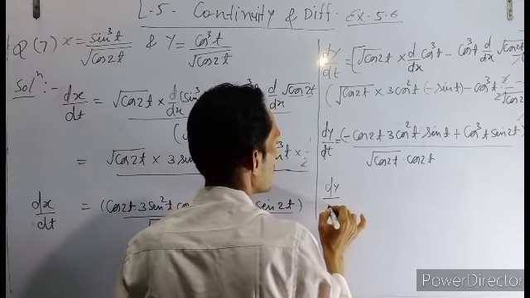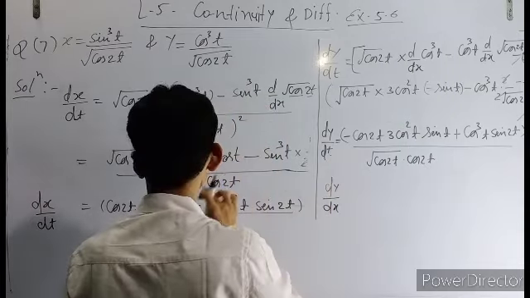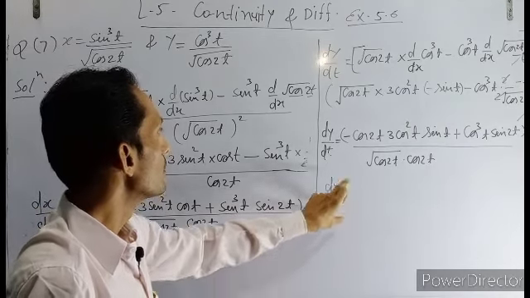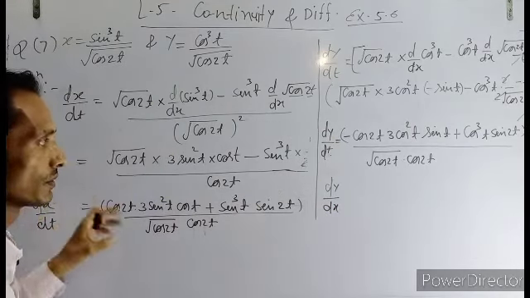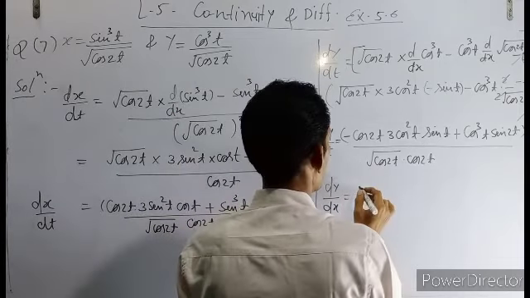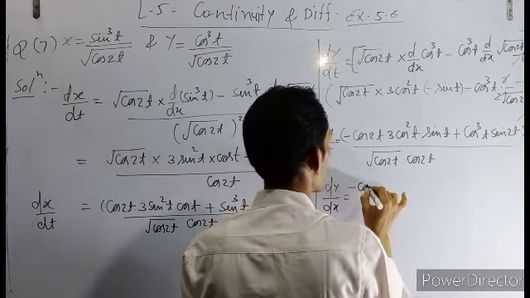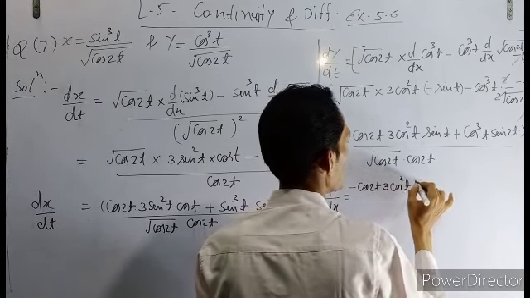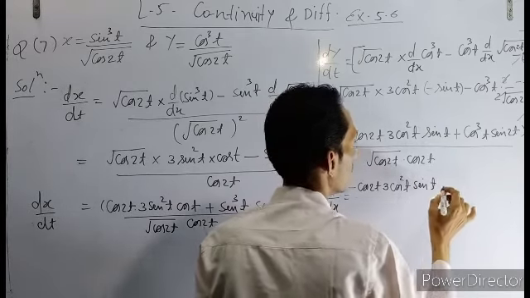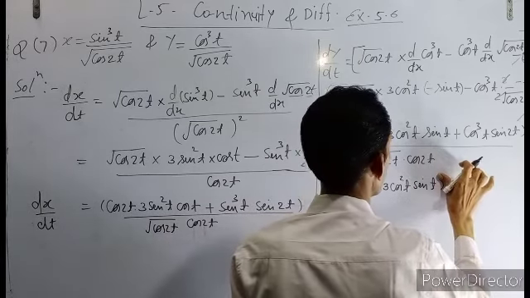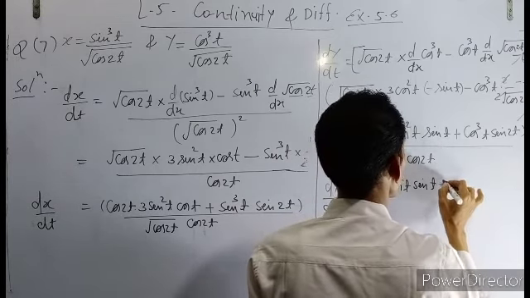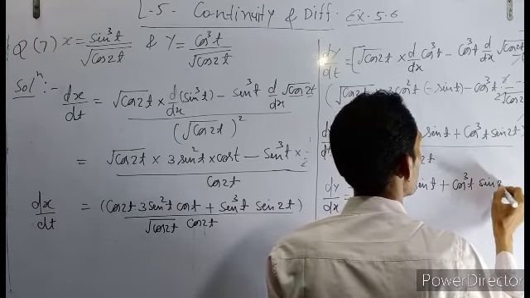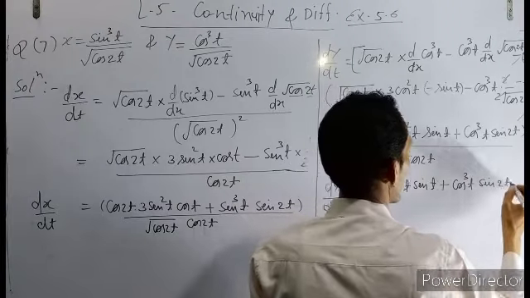dy by dx. You know that dy by dx means this upon this. How can we find dy by dx? We write dy by dx as this one divided by this one: minus cos 2t into 3 cos square t sin t plus cos cube t sin 2t, upon this one,